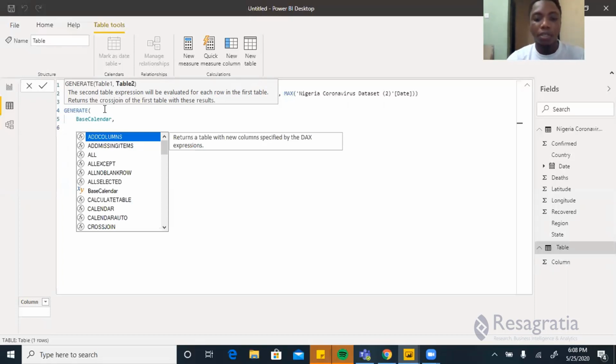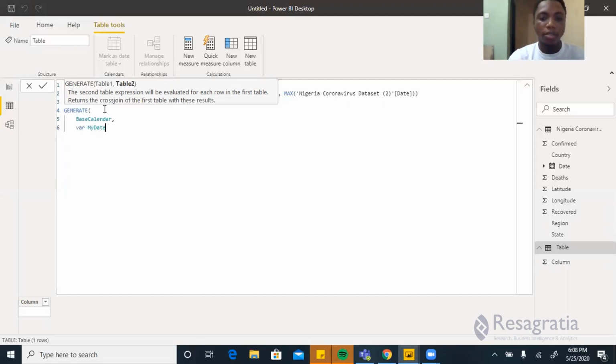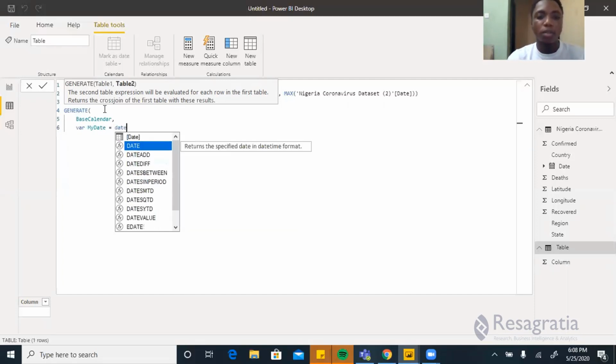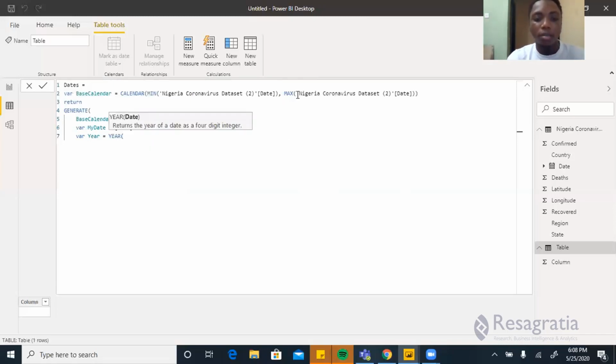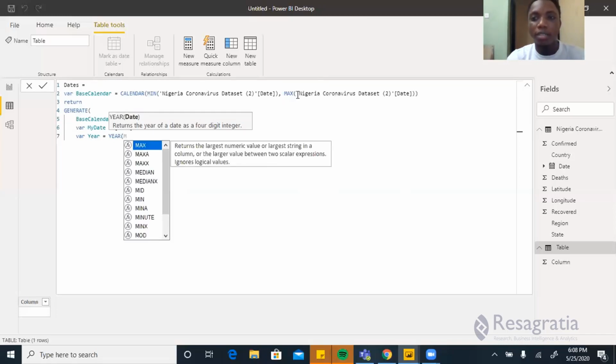For our second table now, the first thing here is I want to create a variable for my date. I'll say my date is, mind you, calendar auto for calendar creates a date table with just one column. That's the date column there. And then this is what we're referencing here, that date column that it creates. So you have this. And then you can create one for year. I'll say year is going to be the syntax we learned earlier. But then I'm going to reference the variable this time instead of calling the date column itself, seeing as we've passed the date column into the my date variable. So I'll say my date,